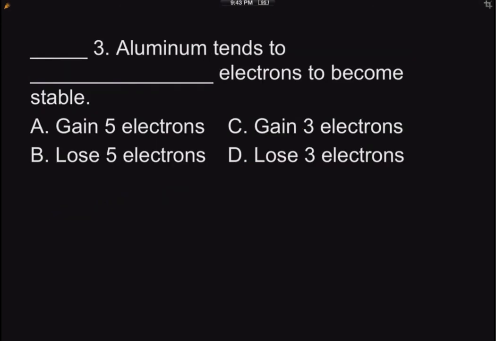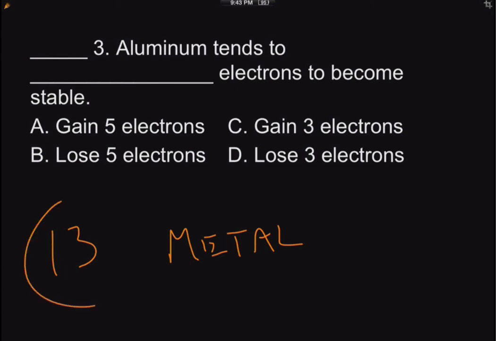The element aluminum tends to do what in order to become more stable? Well, aluminum is element number 13. It's a metal, and all metals tend to lose electrons, and aluminum is in group 13 as well as being element number 13. And remember, if you're looking at the group number for the elements in 13 through 18, you look at the second digit. So aluminum has 3 valence electrons